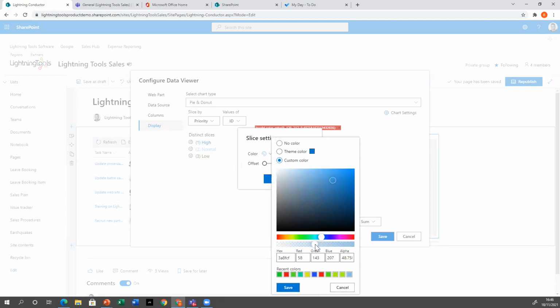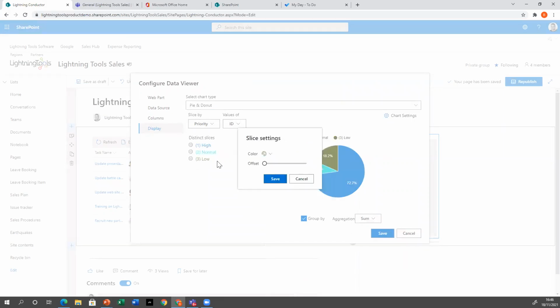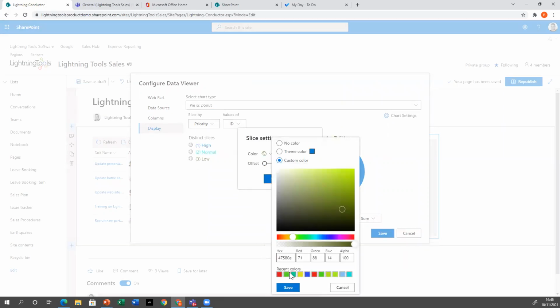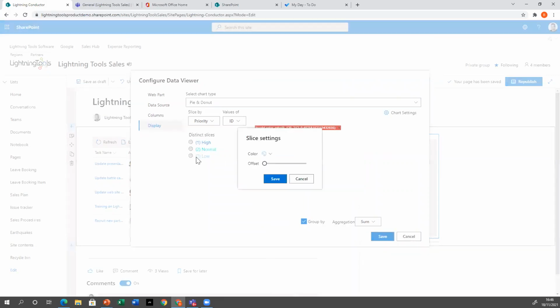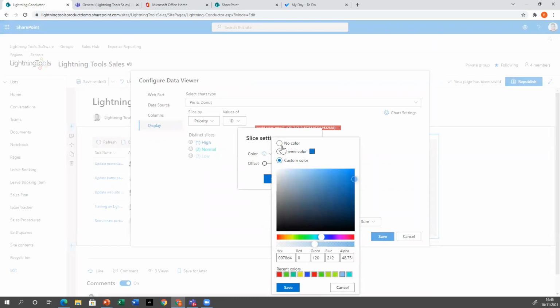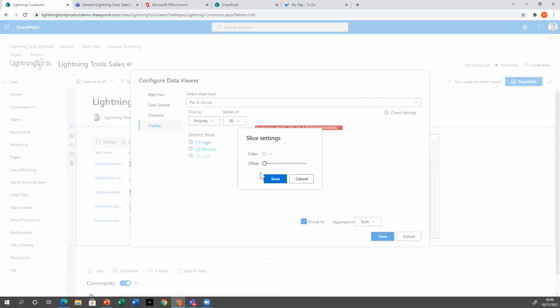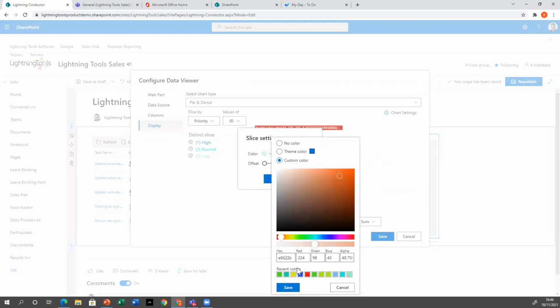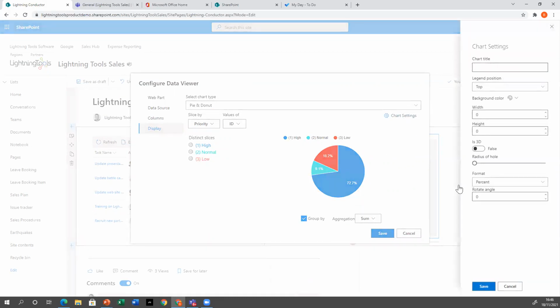Let's go through and choose a... I guess that color was too close. There we go. So we can choose some different colors that might blend in well. Yeah, not too happy about that color. Oh, that one apparently. Okay, red it is. So there's our colors for the chart,